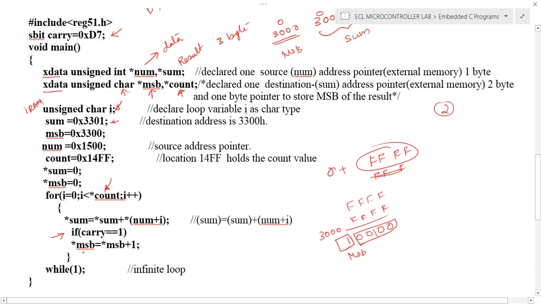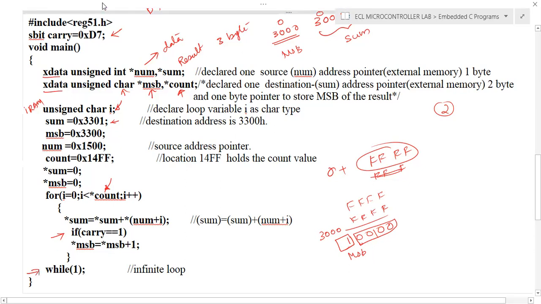So that's why we are writing this particular instruction, *MSB is equal to *MSB plus 1. And if there is no carry, it will not increment. After the execution, I will be incremented, and this process will continue up to this count. After that, it will exit from this for loop, and the program control comes to the end.